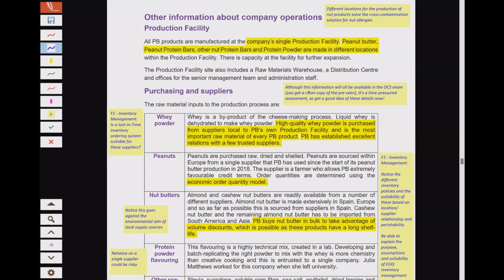So again, I've put this in, don't be overwhelmed by the details, just to give you a good feel. Read it, a good read through once or twice, and the night before the exam as well of the pre-seen. But you do get a clean electronic copy in the exam that you can click on any time when you're writing if you did want a fact out of any of this stuff. But knowing it well and how it works just helps your answers become more applied, stops you saying anything